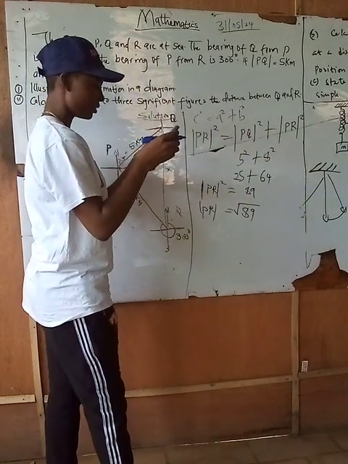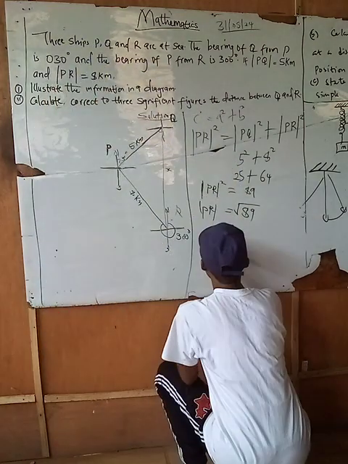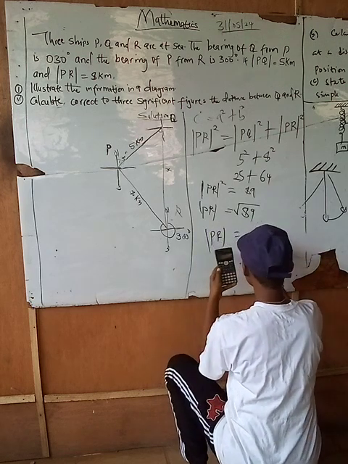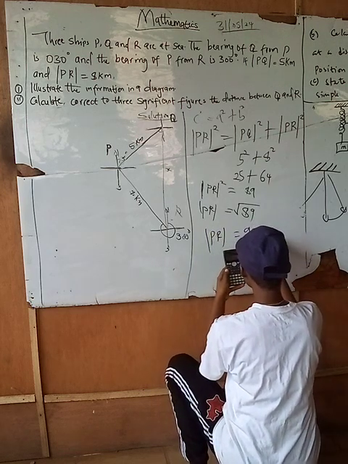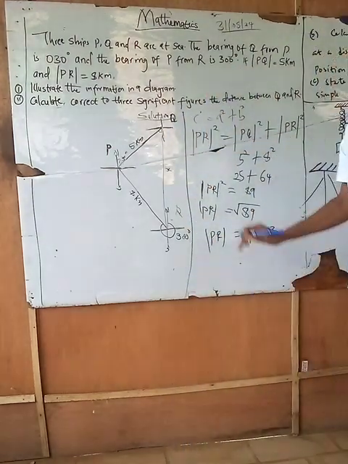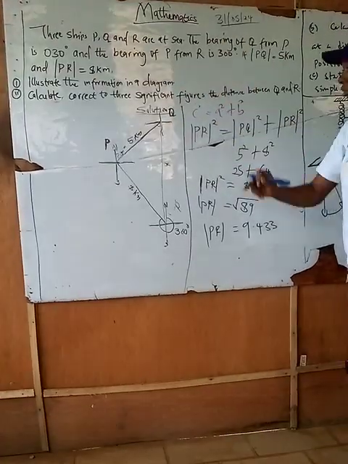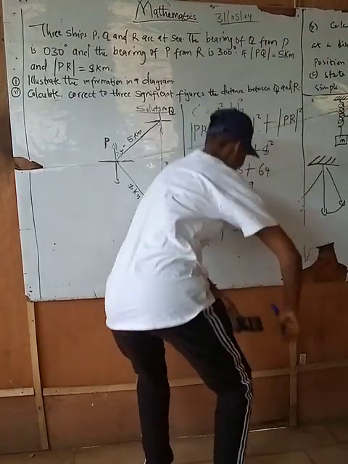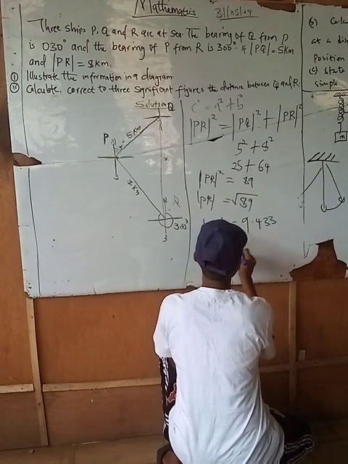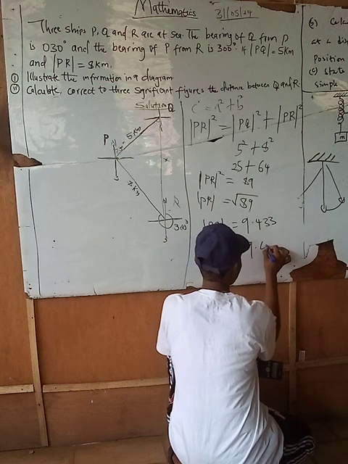We should calculate to 3 significant figures. Now, how to have 3 significant figures? We said PR is equal to, to 3 significant figures, 9.43